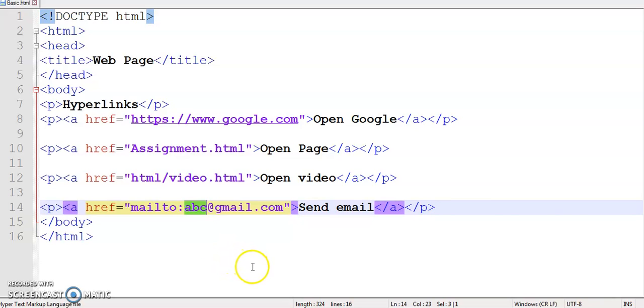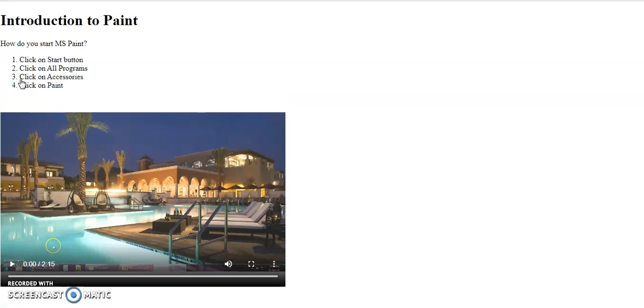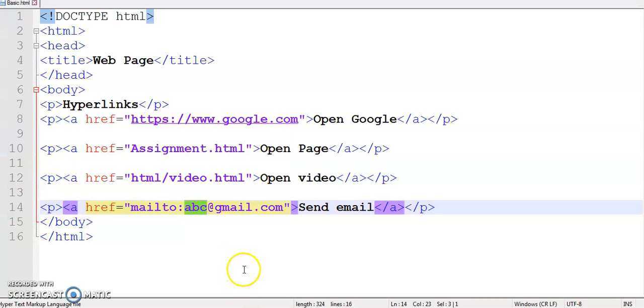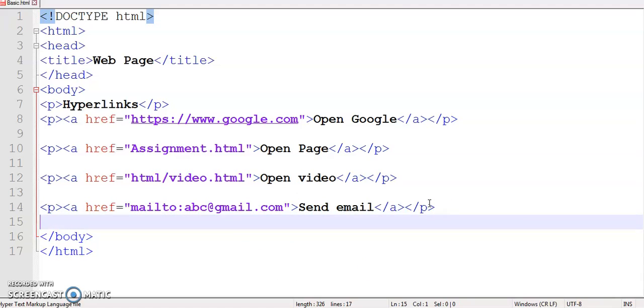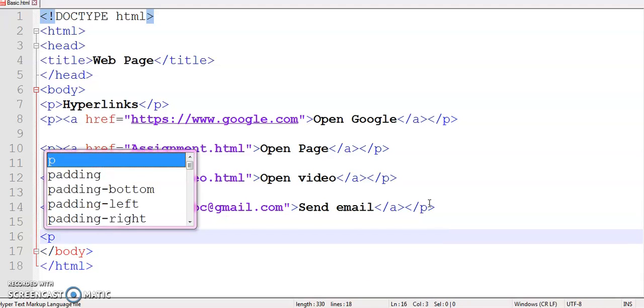Okay. So far, whenever you clicked on the link, the page opened in the current browser window. You can apply the previous examples once again. So when you click on this open video, it opens on the same web page. So you can also change this thing. You can change whether your web page will open in the same window or some new window. For this, there is another attribute of the anchor element that is called target. So I am demonstrating that now.